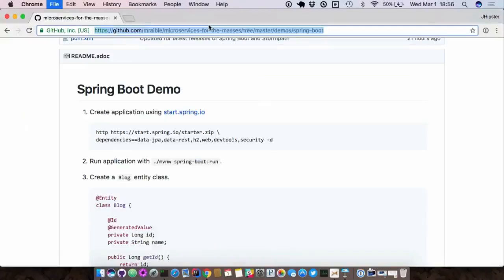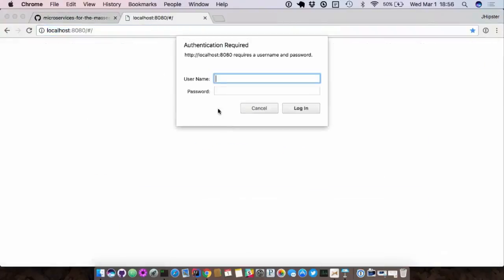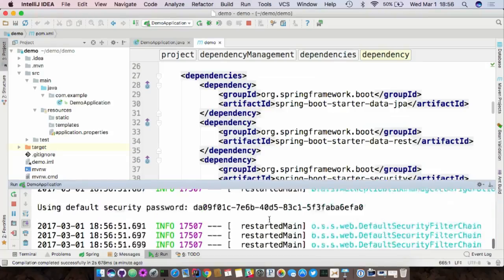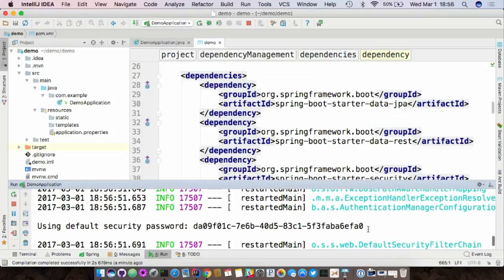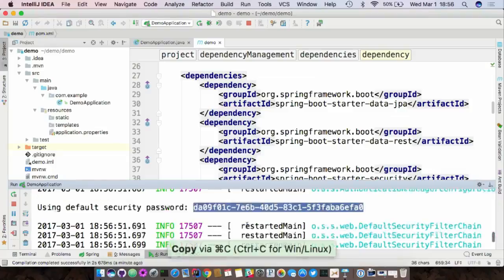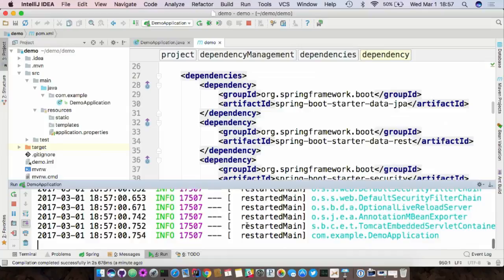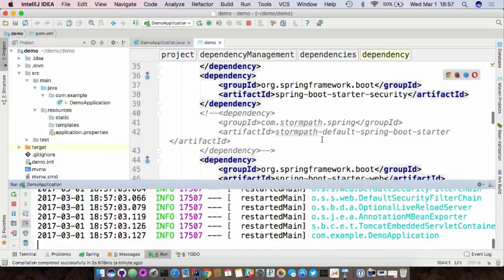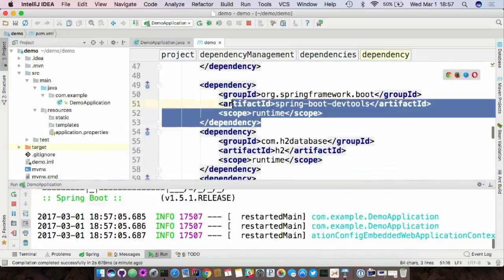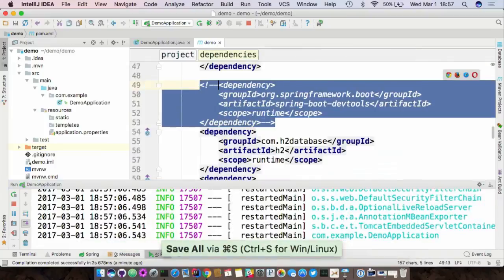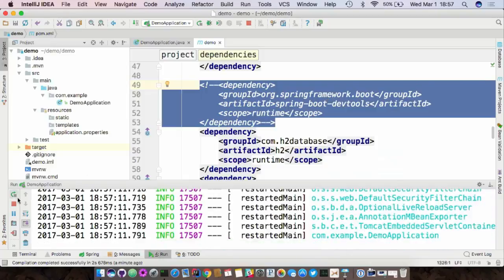So if we just look at localhost:8080, it requires a username and password by default, right? This is because you have Spring Security in there, so you're like, user, that should work. No, it doesn't work because you have to grab that guy right there. But there's also this weird thing that's been happening to me recently. You notice that it just keeps restarting? So to solve that, you have to be like, DevTools, you're cool, but you're not that cool. I don't know why. Half the time it works fine, the other half the time it keeps restarting.